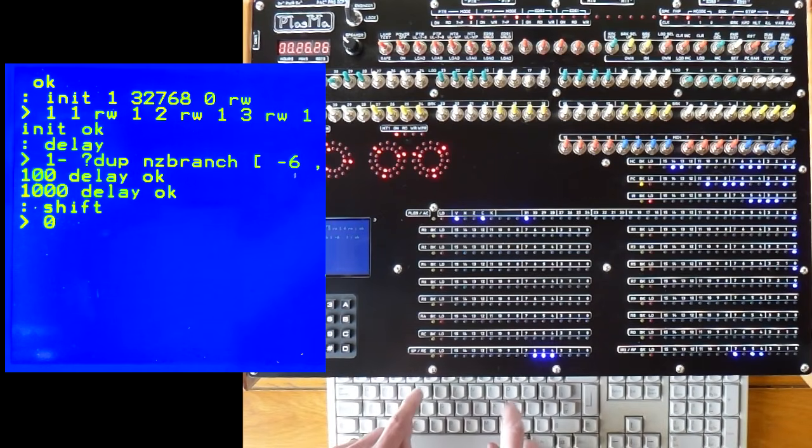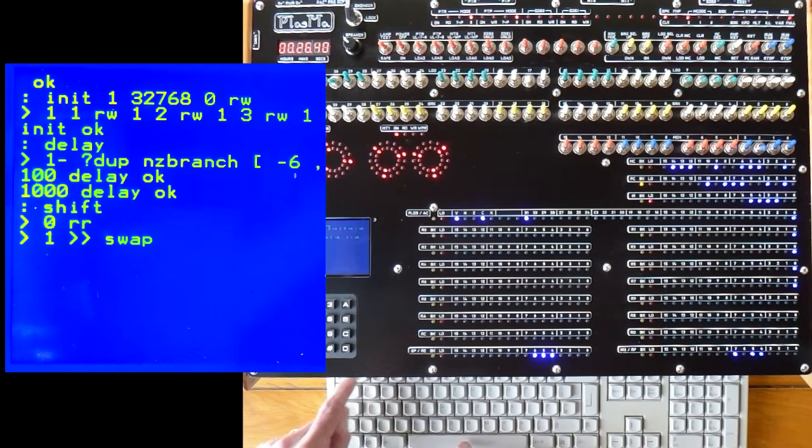I'm going to read register 0. I'm going to take the most significant value and shift it right one place, then swap the values over and shift the other bit left and write it back,